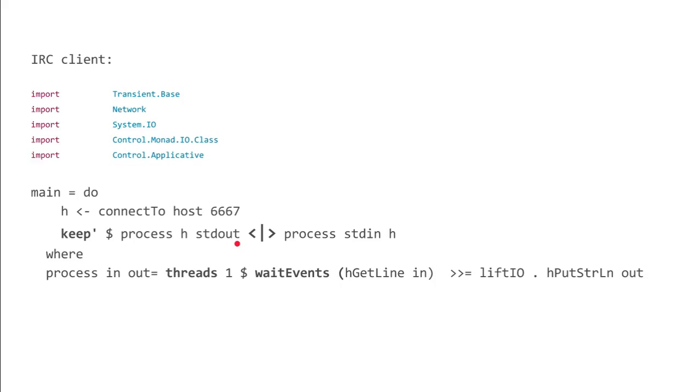This is an IRC client made with Transient. These are the only sentences that are from Transient. This is, of course, a standard alternative operator. This is a little bit longer because it uses some new type definitions, but roughly speaking it is the same. We have in both cases, for the input and for the output, the same process